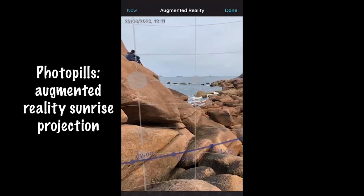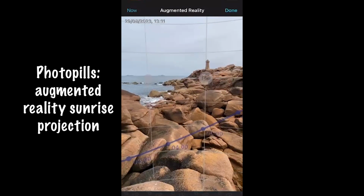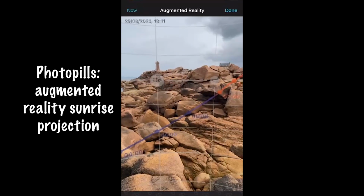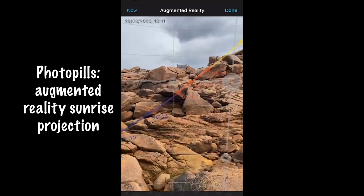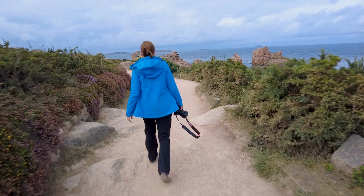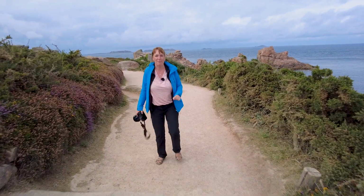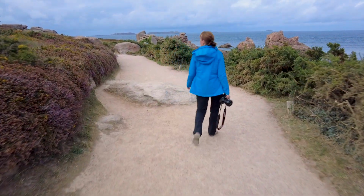I returned a day later because I wanted to have a look at exactly the effect the low tide had, and it was far too chaotic, but what I did have the opportunity to do was to check through PhotoPills where the sun was going to rise the day after. One chance, I didn't want to mess it up. This place is quite extraordinary. I'm going to have some fun here. And indeed I did the next morning, but meanwhile...